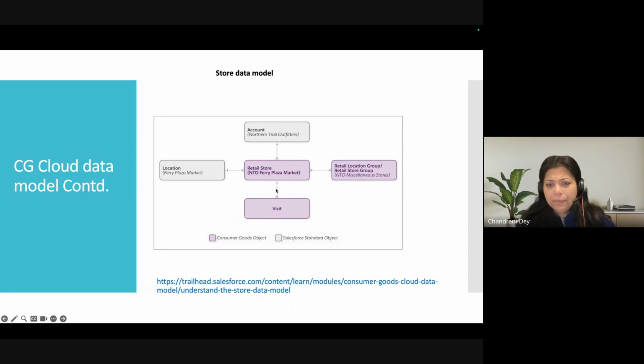You have another object. I don't know why it is not given. I have taken the picture from the Trailhead. It is in-store location. So in a particular retail store, you may have different aisles, right? Or you may have a cash counter where, even in the cash counter, there might be some products which are very fast moving, like chocolates, maybe. In corner stores, you will find a lot of fast moving things placed at the cash counter. Why are they placed there? Because those are strategic locations.